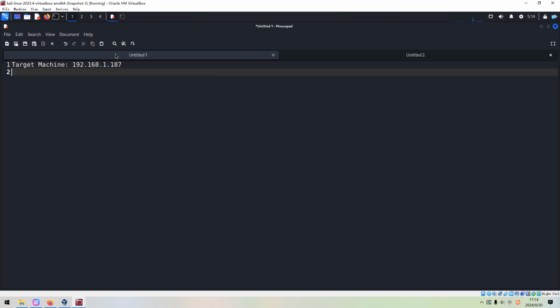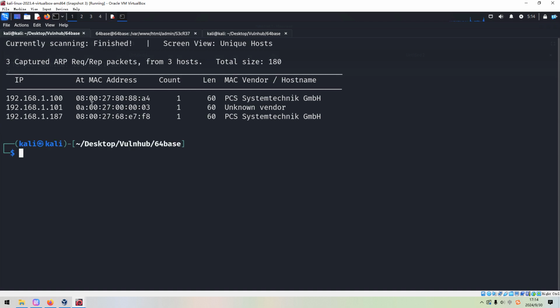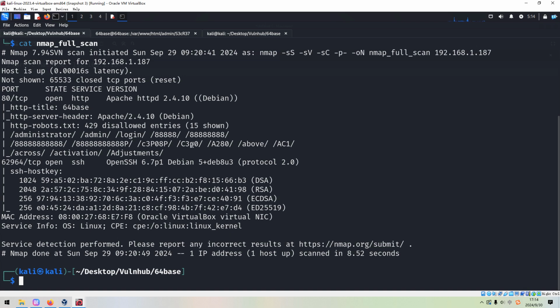Okay, let's move forward. So what shall we do next? We need to do the port and service scanning with Nmap. To save time in this video, I've already completed it before, so for now we just get out its result. As you can see over here, I used options like the SYN scan, the version scan, the default script scan, followed by -p- to do the full range port scan. The last option is -oN to output the result into this file.